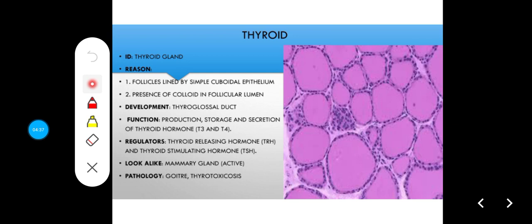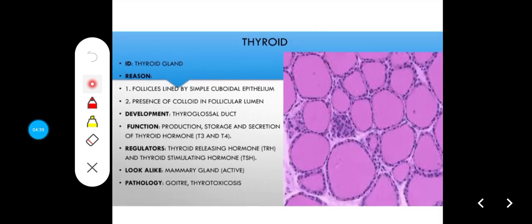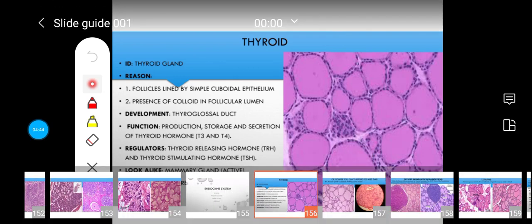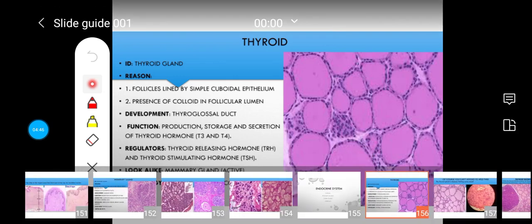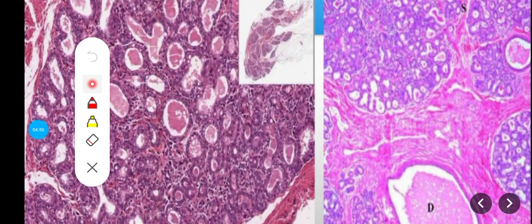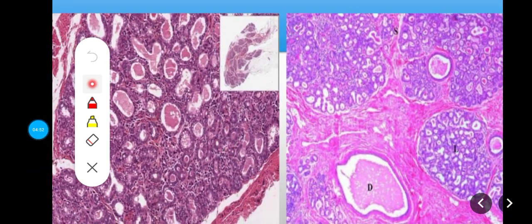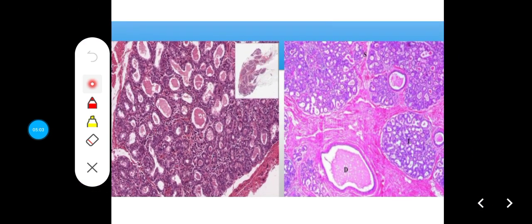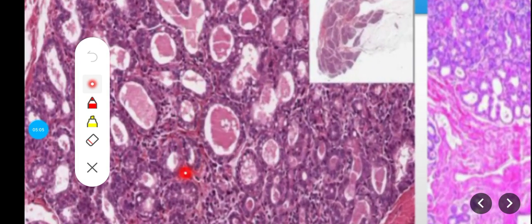But then in the mammary gland, if you look at the individual alveoli, you see fat droplets. Remember the description in the previous videos. So look at this. That's a classic mammary gland. Kind of looks like the thyroid, but then the follicles in the thyroid are much more numerous than this, and then they are much larger than this. Look at this. If you zoom in, this is the mammary gland. You can appreciate the fat droplets